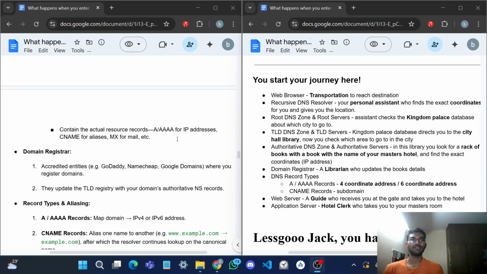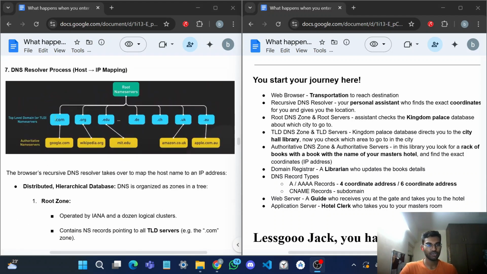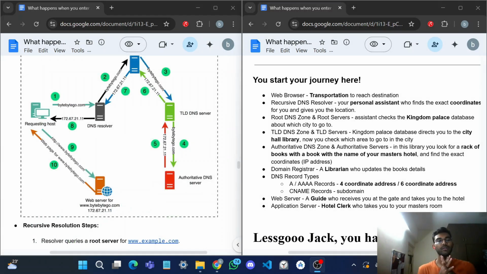they will update the TLD registry with your domain's authoritative NS records. So if you look at the diagram, this is the layer in which websites like GoDaddy work. They are accredited by the government and they will update it for you and you will be able to have your own domain. So now we come to the most important part of this